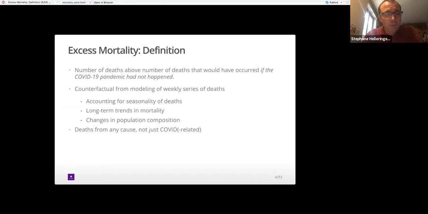So here we're talking about a counterfactual measure, and we usually get that counterfactual from the modeling of weekly series of deaths that we obtain from a vital registration system. So we model them in certain ways to account for the seasonality of death, for long-term trends in mortality, changes in population composition, and